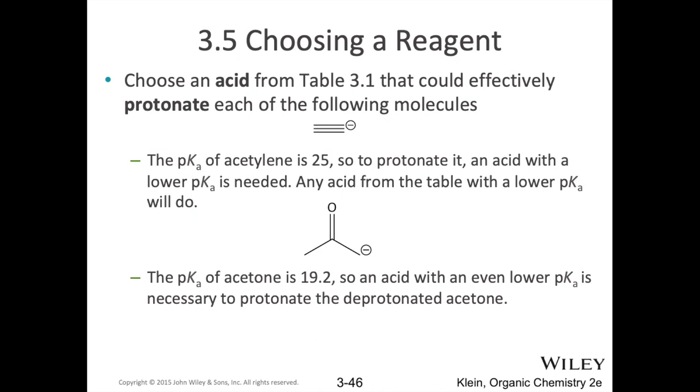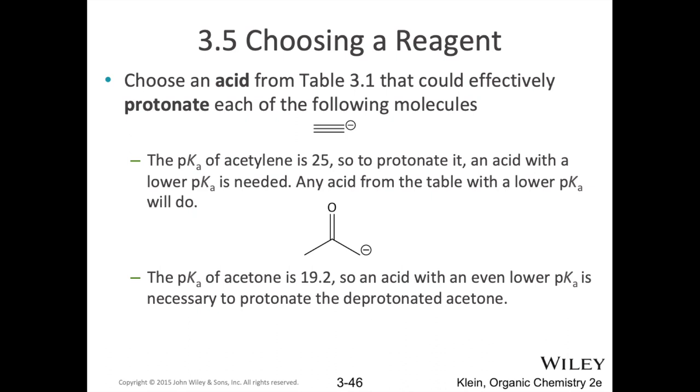If you look it up in that table earlier, or if you try to remember that, that sp hybridized carbon supporting a negative charge allows the pKa to drop down to 25. So we need to pick an acid that has a pKa lower than